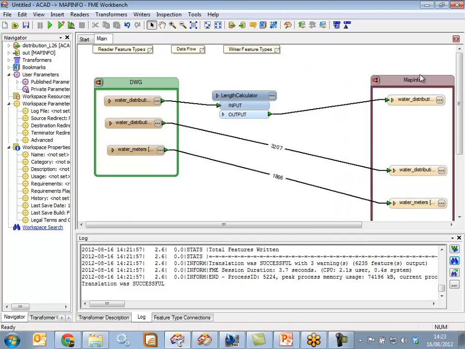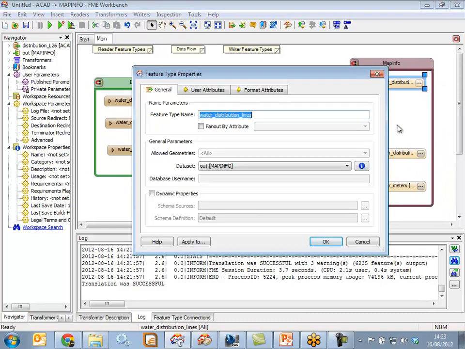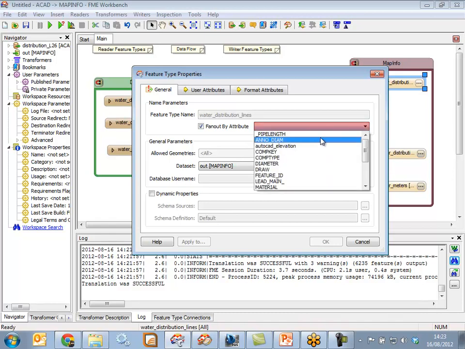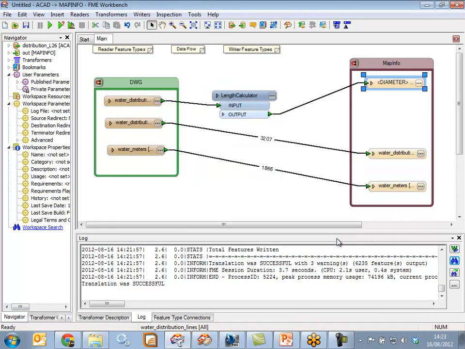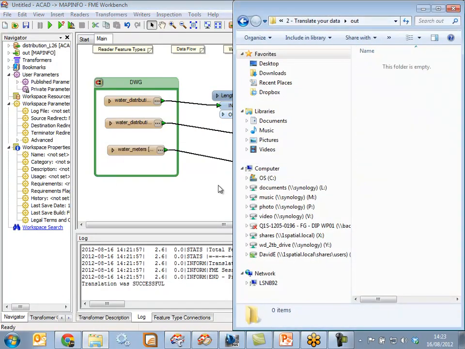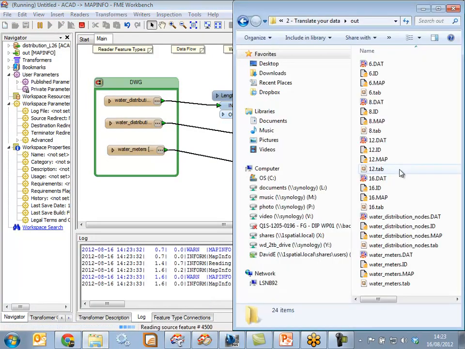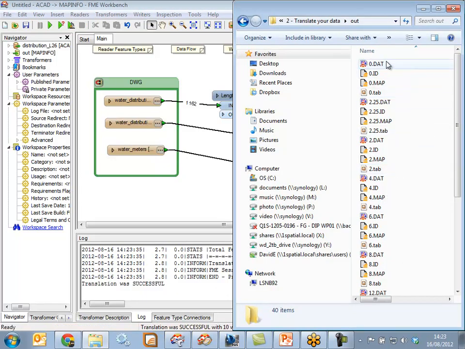We may then want to carry out a little bit of concatenation, because what you'll see in a few moments is, before we do the concatenation, actually we'll just dive into here. We have an ability to use a fan out option in FME. Fan out means that when a new attribute is received with a different value, it will create a brand new file. So we could fan out, for example, on the pipe's diameter. And if we dive back to the output directory and delete the contents for a moment and run this again,